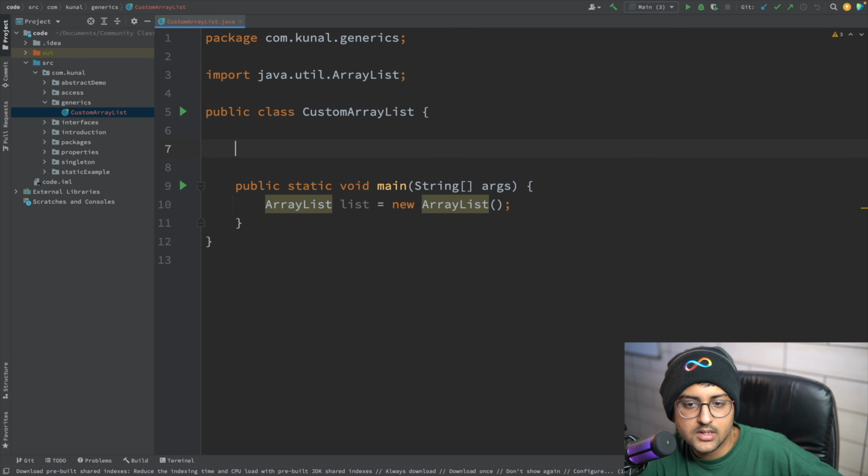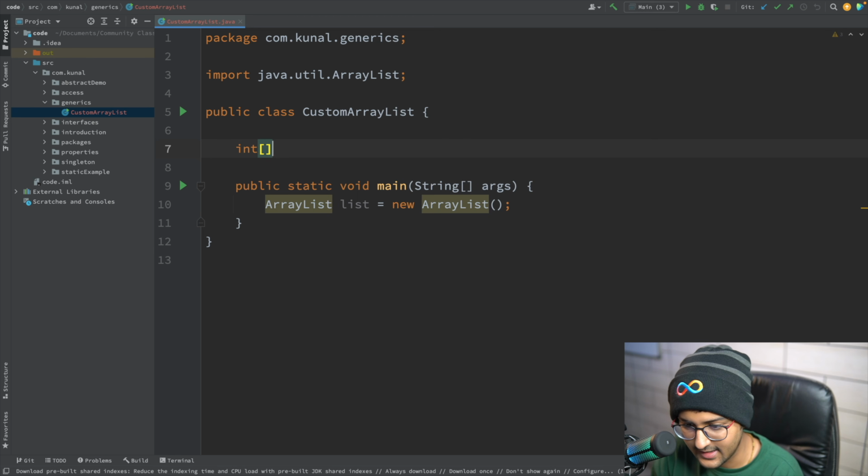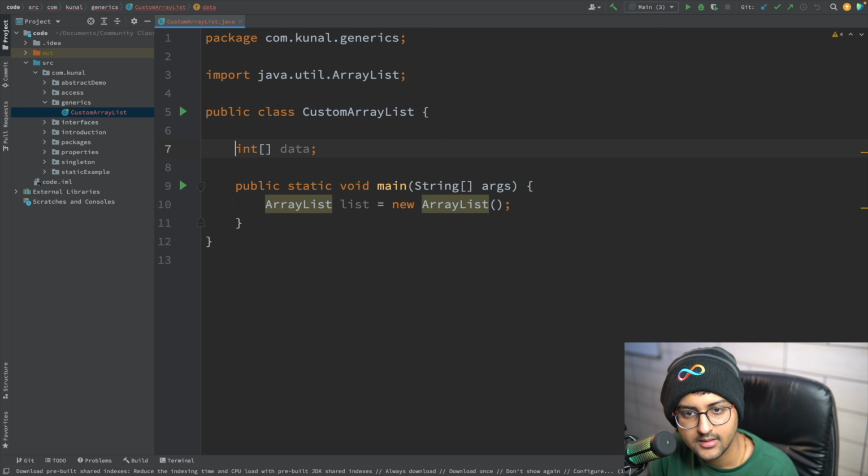Internally, let's say we'll store the stuff in an array only. Okay, now do we want the people to directly change this array? No, we only want them to change it via the methods that I just listed, get and set. So that's why when I create an array like this, int data, it will be of which type? Access modifier, private. You can't directly change it. You can only change it via methods and functions.